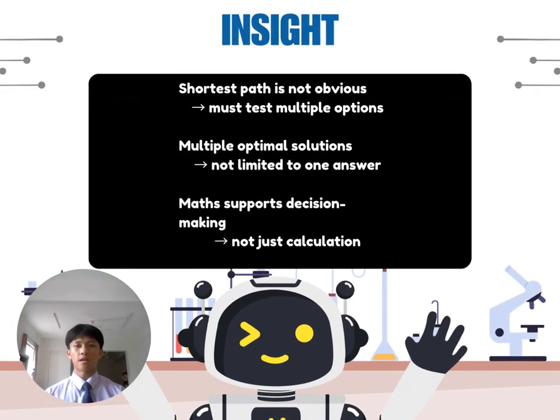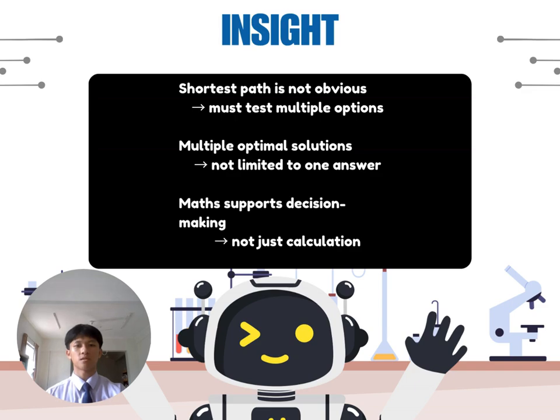From this task, I gained several important insights that changed the way I see mathematical problem solving. Firstly, I realized that the shortest path is not always obvious at the beginning. In many cases, what seems like the shortest route intuitively may not actually be the most efficient one. This shows that in non-routine problems, we cannot rely on assumption alone. Instead, we must test multiple possibilities systematically before making a decision. This process strengthens our analytical thinking and encourages us to be more careful and